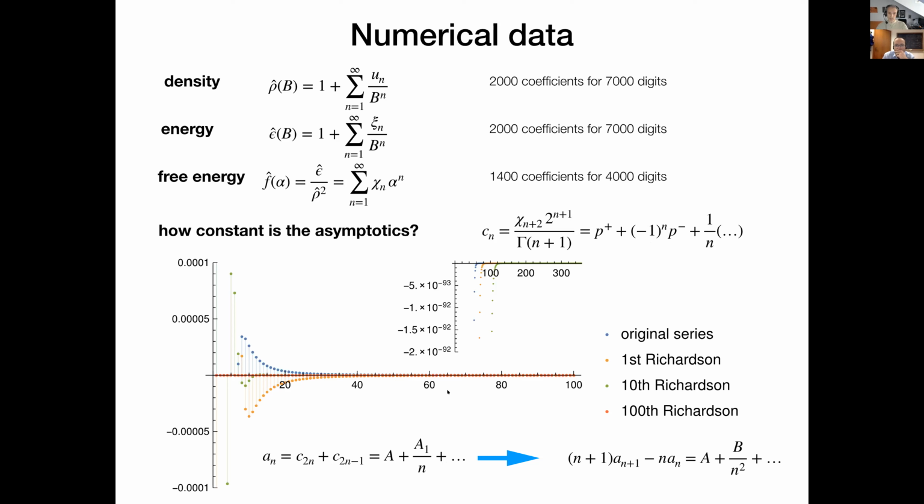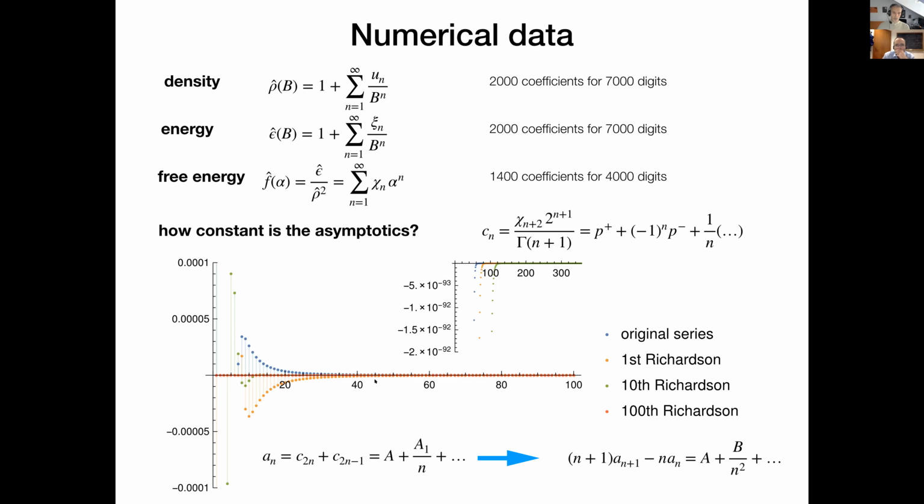And then to see that it really grows like n factorial and what the constant is, you can speed up this convergence by going to the Richardson transform, which means you make a transformation on this series, the A_n series, which is the even part, by multiplying with n plus 1 the (n plus 1)-th piece minus n times A_n. You see this trick improves the convergence in n. The constant part is not changed, but the correction, instead of being 1 over n, will be 1 over n squared.